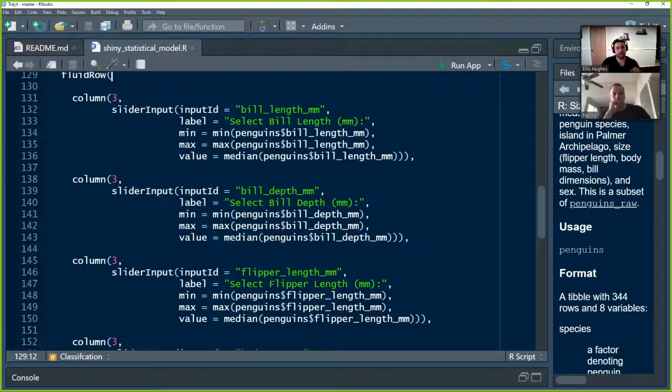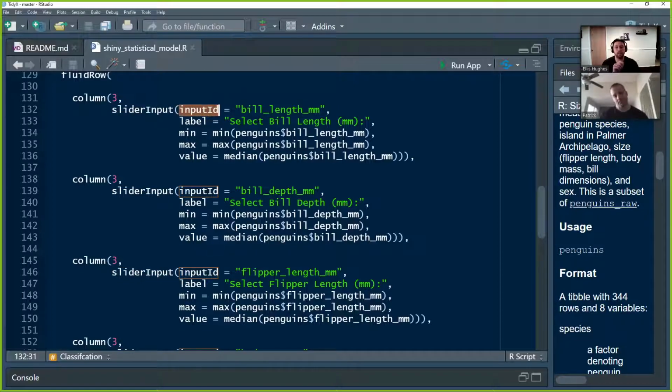And if you recall back to the Shiny episodes, the width of a Shiny app is broken up into 12 segments. So what we can do here is call the function column. Now it's going to cut those 12 segments into a column that's width 3, so 1/4 of the width, and we're going to drop in a Shiny element in there. So inside column, we're going to drop in a slider input, where we start creating all our Shiny decision-making abilities. So the input ID is